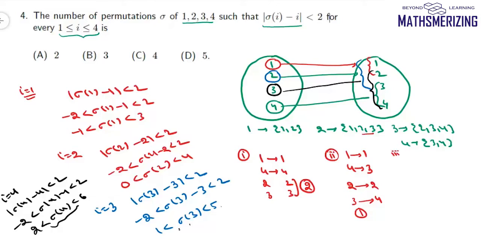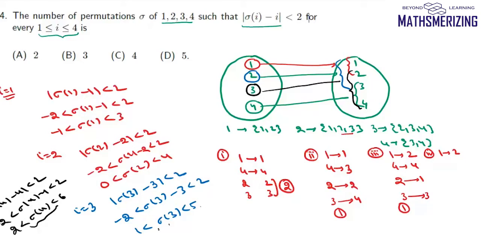Now we'll consider this third case, when 1 is mapped to 2 and 4 is mapped to 4. Now we are left with 2 and 3, and then we are left with 1 and 3. Now 3 cannot take 1, so 3 has to be mapped with 3 and 2 has to be mapped with 1. So this is only one case, and then finally the last case, which is when